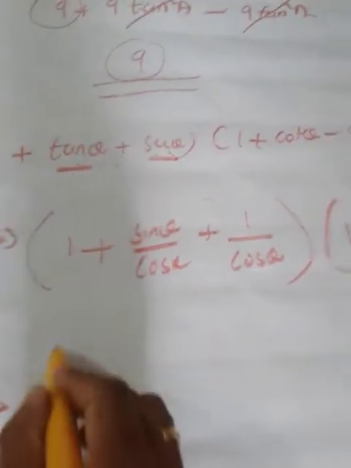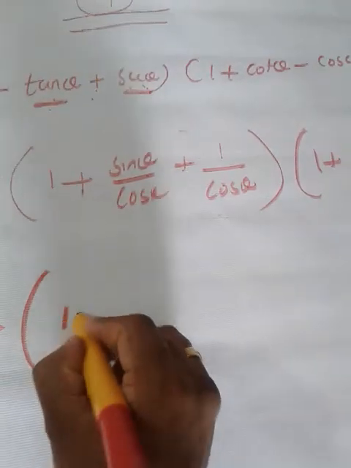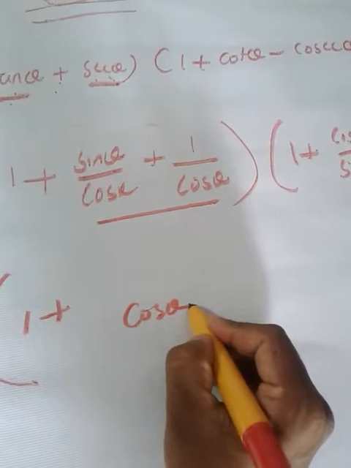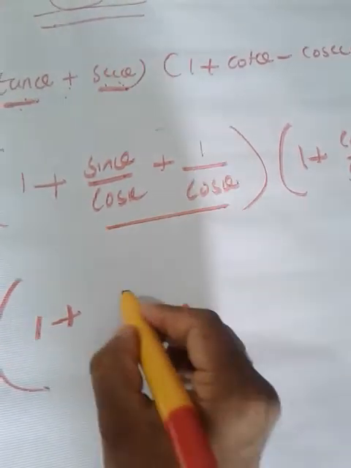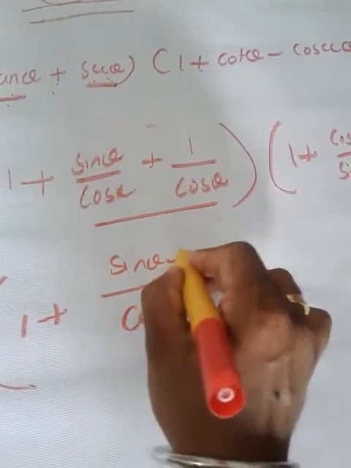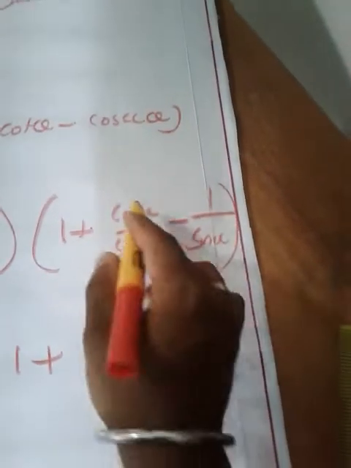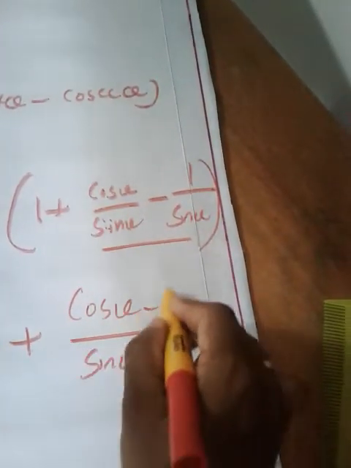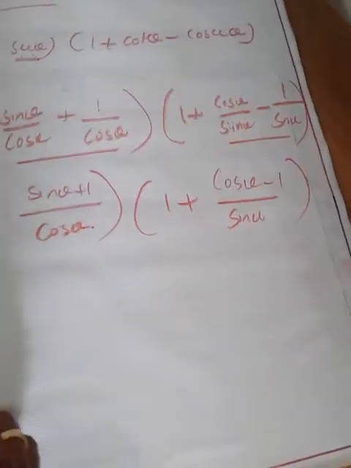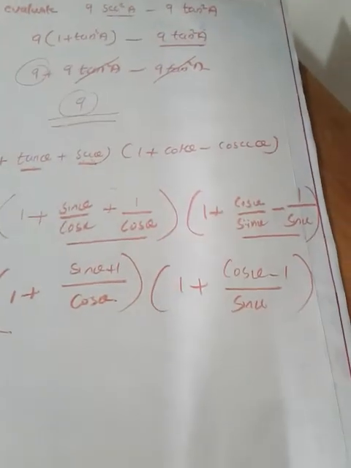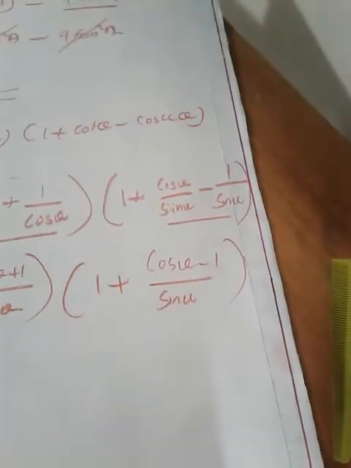So that advantage we can use here. Okay. So we will get more simplified terms. So 1 plus, since the denominator is same, just write that and add the numerator. So sin theta plus 1, and here it becomes 1 plus, since the denominator is same, just write that and subtract the numerator, because here the operation is subtraction. You may have understood this much. Is it clear? Okay.